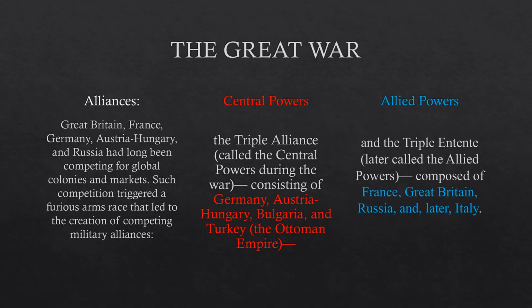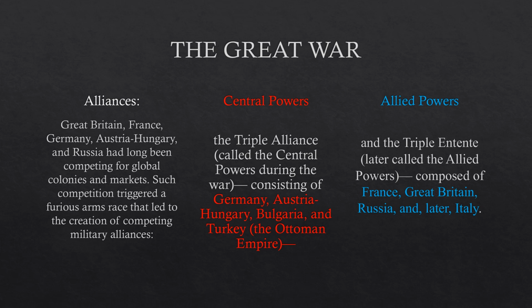Now, what is the background? How do we get into the Great War? Well, the Great War resulted from long, simmering national rivalries and ethnic and religious conflicts in Europe. Germany's determination to have its place in the sun at the expense of Great Britain was only one of several threats to peace and stability.